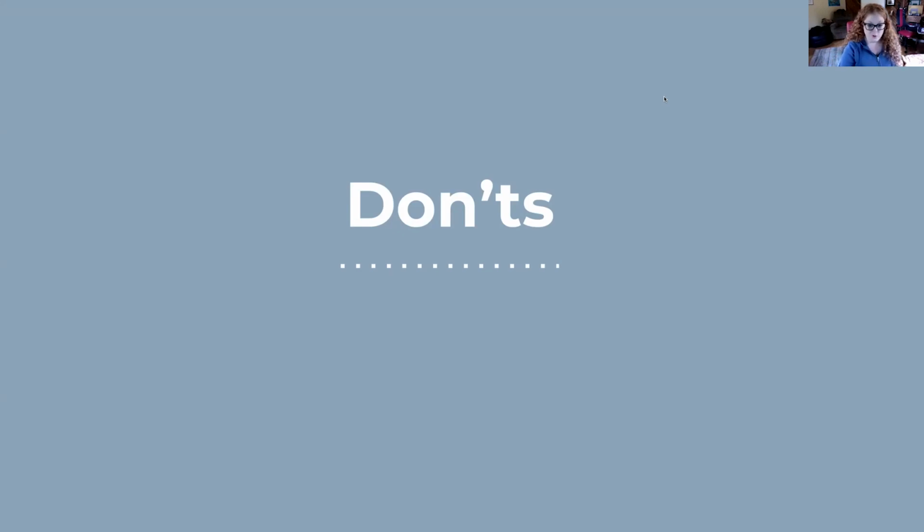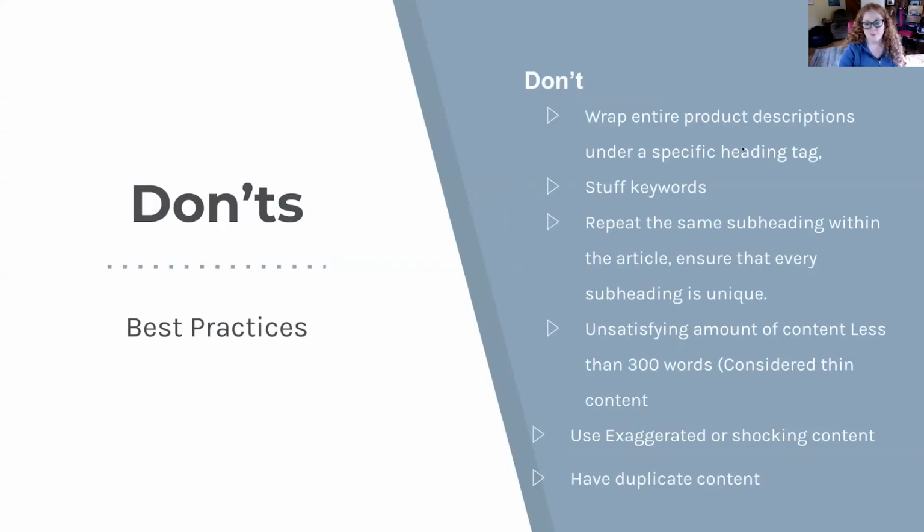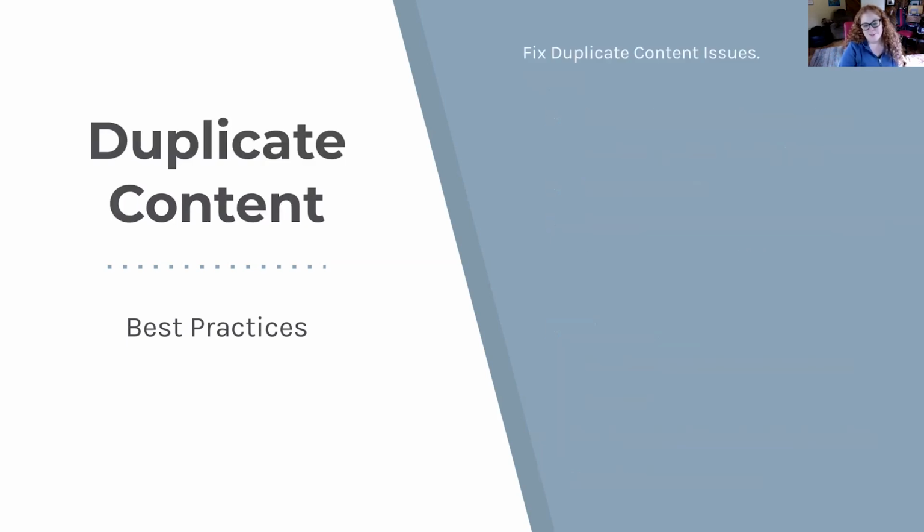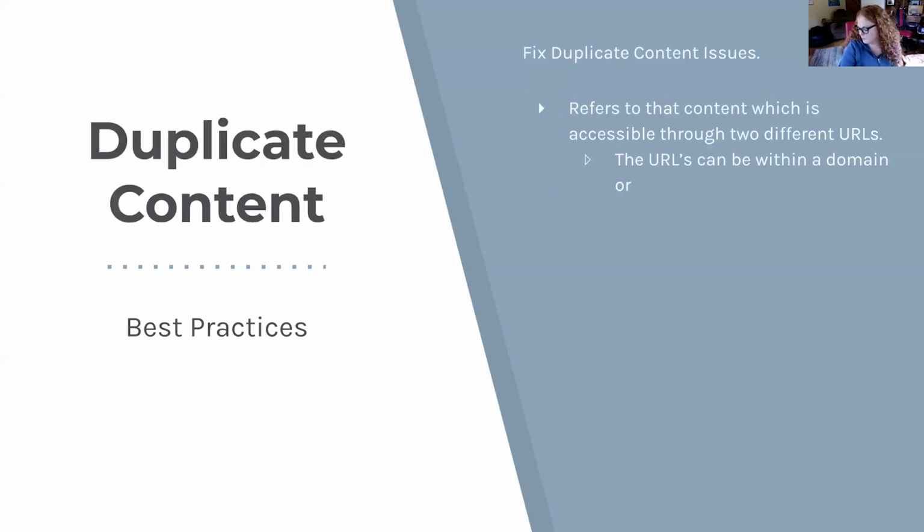Just a couple don'ts. Don't wrap your entire product description as a heading. Subheadings, don't keyword stuff. Try not to repeat the same subheading. You must have more than 300 words on a page. Must. And duplicate content. Duplicate content, there was a big article last year or the year before that was like,